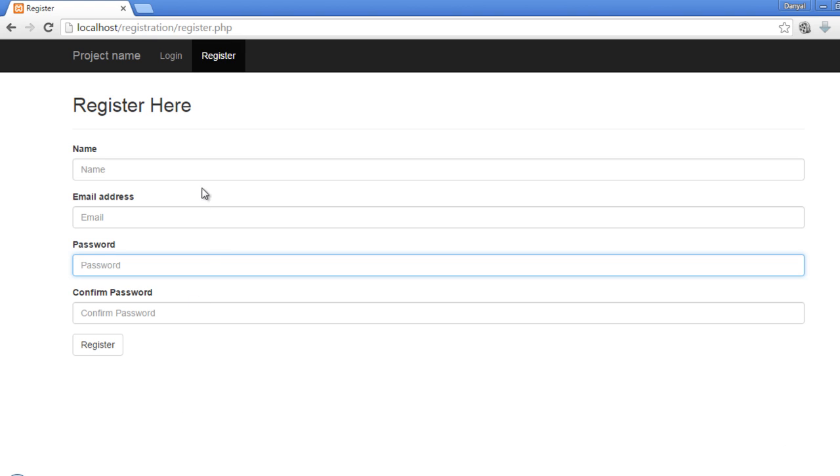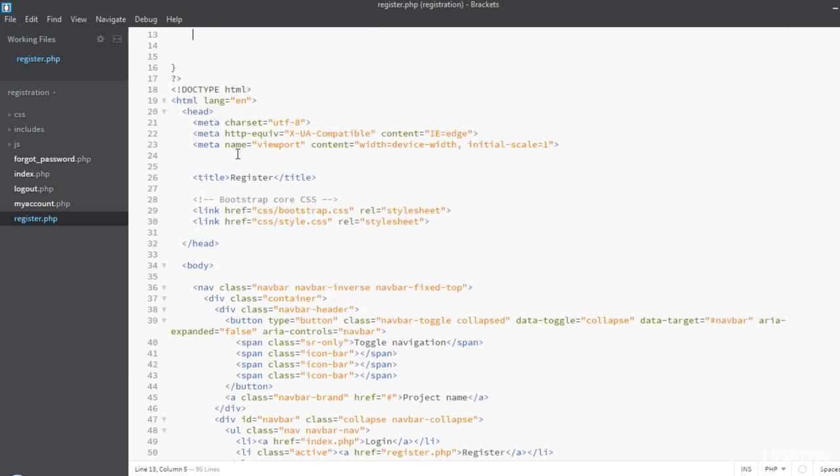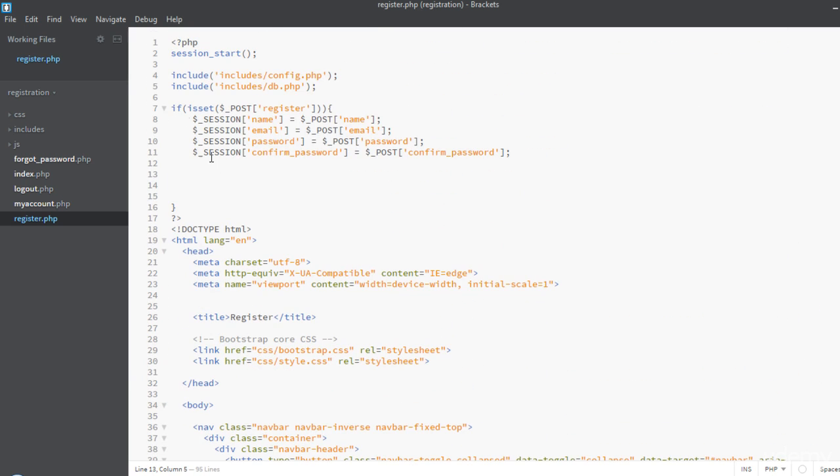So to do these validations, let's go to Brackets and go to the top of the page, and inside this if, create another if, and this if will actually check the length of the name submitted by the user. So we will use the strlen function, which is built in PHP. So we will pass it